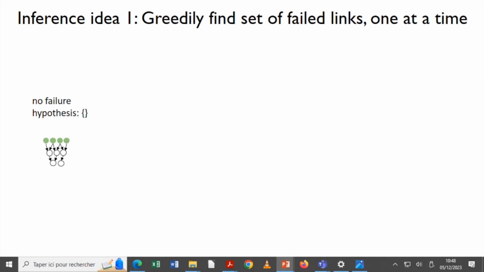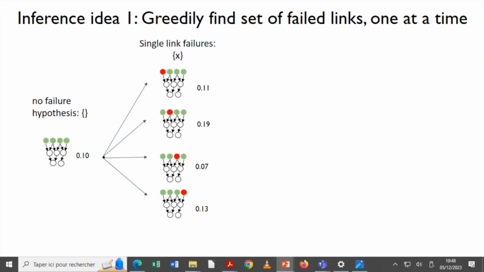We start out with the no failure hypothesis. So none of the links or devices have failed in this hypothesis, and we evaluate that using the model that I showed. Then in the second iteration, we extend the set of failed links by adding one more link to that set. And we move to the hypothesis that gives us the largest increase in the likelihood.